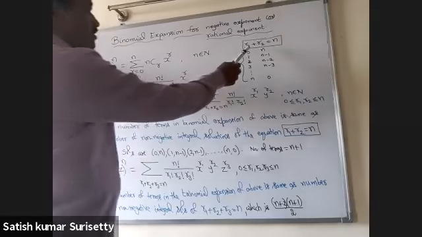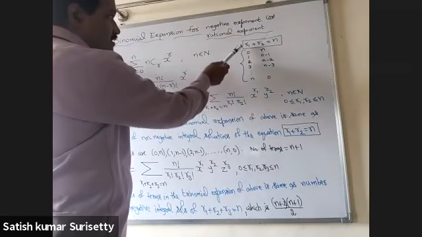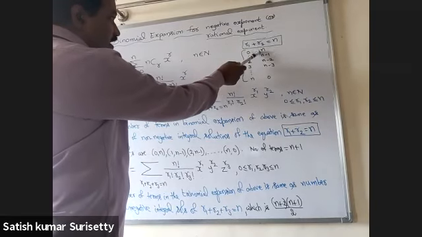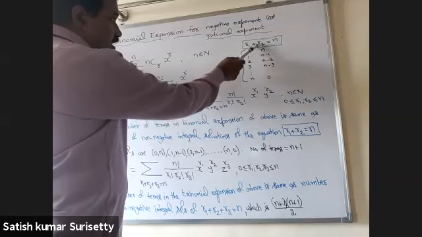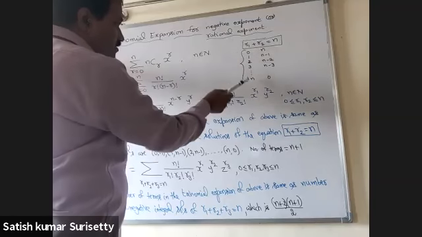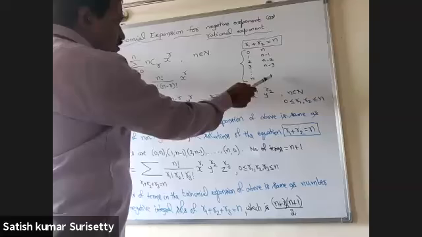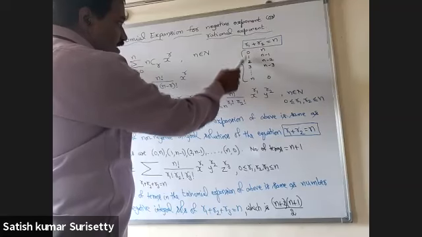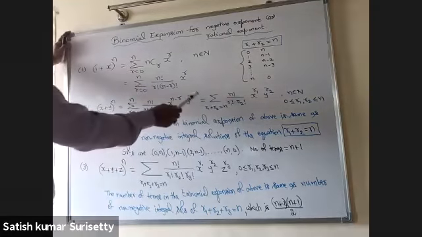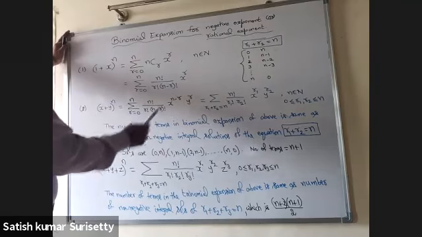That is, we can write the solutions of r1 + r2 = n as: if I take r1 = 0, r2 will be n. If I take r1 = 1, r2 will be n - 1. So r1 = n, then r2 = 0. That means the number of solutions will be n + 1, which is same as the number of terms in the binomial expansion.